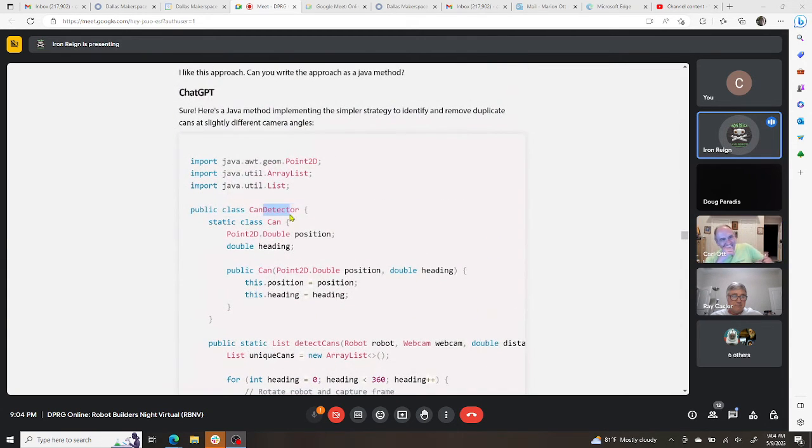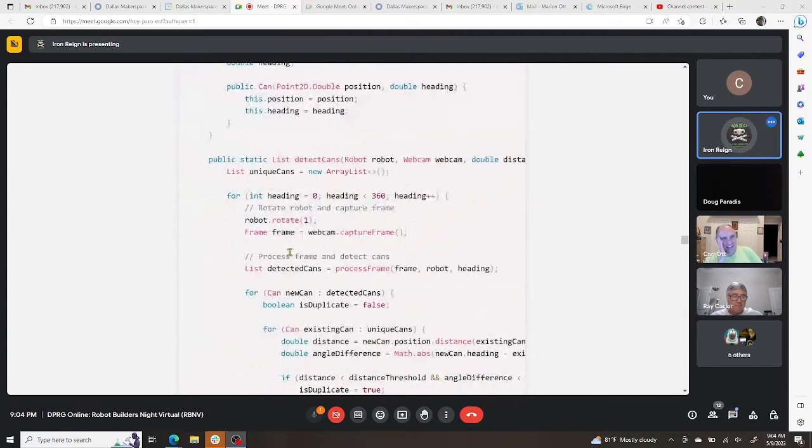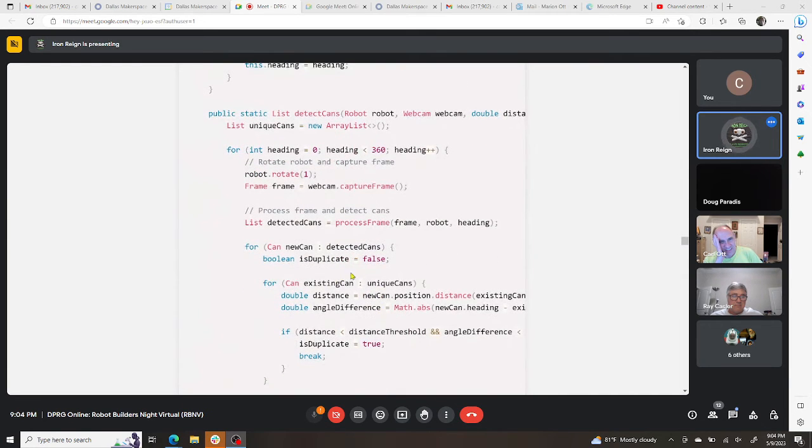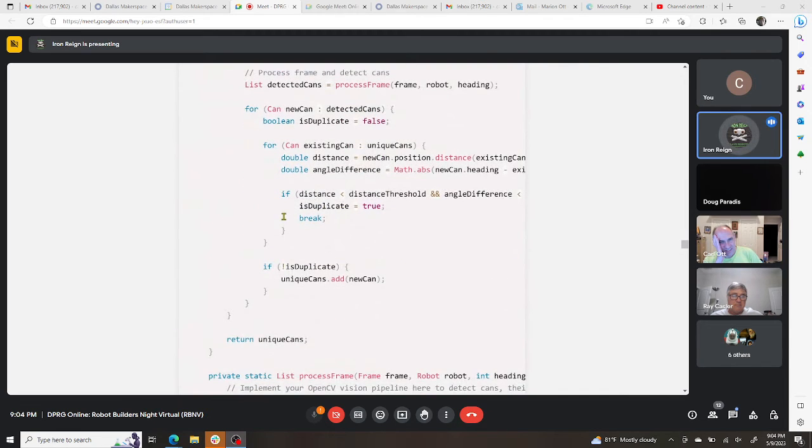It's got a can detector, right? Here it is rotating 1 degree at a time. I didn't give it any constraints about that. It's showing that you would need to capture a frame. You'd need to process the frame. So this is clearly boilerplate code, and yet, there's this,